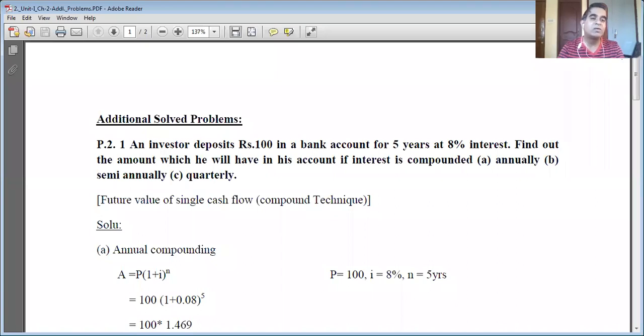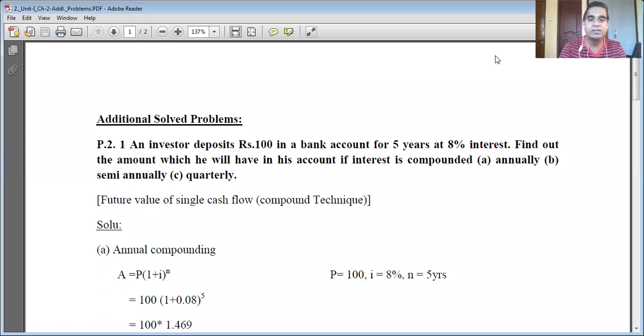Then in discounting technique, you don't know whether the problem will be on present value of single cash flow or present value of an annuity. So total 7 types of numerical problems will be there, and you don't know which one you are going to get. Then the confusion begins. So stay with me. I'm explaining in a way where you don't get confused, and remember to follow all my steps.